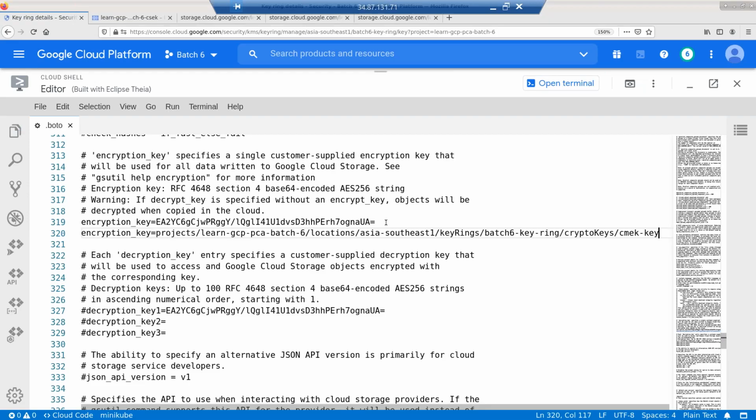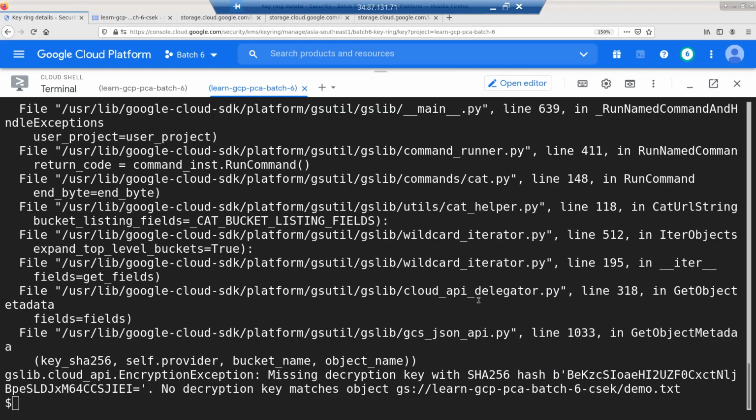you can also use this for your customer managed encryption key also. So I'm just showing you two different options. So if you just supply this kind of a key, it's going to be customer supplied. And if you send it in this format, it's going to be customer managed. So if I just copy one file using this command now what you will see is,